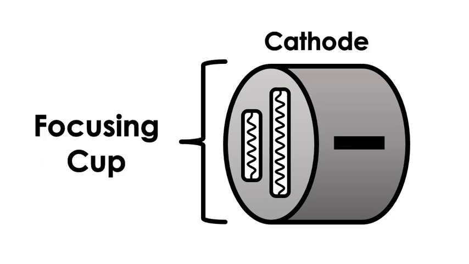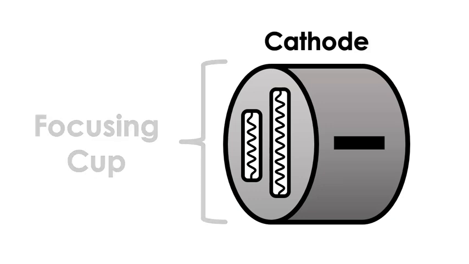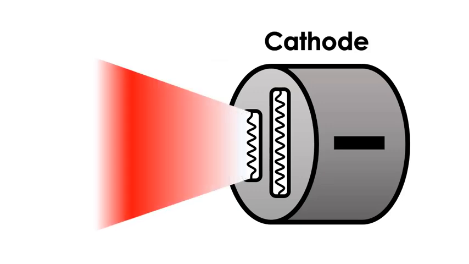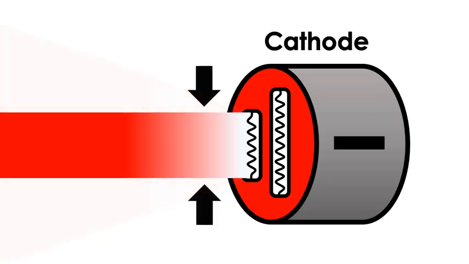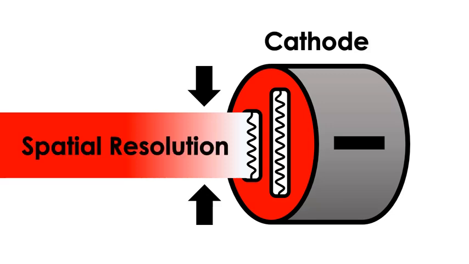These cathode filaments sit inside of what we call the focusing cup. The purpose of the focusing cup is literally to focus the electron beam. The electrons are all negatively charged, and so without the focusing cup, they would try to spread apart and repel each other in space. The focusing cup is negatively charged, and so it repels the electrons and presses them back together in a tight electron stream. Why do we care about this? Because of spatial resolution. A narrow or tightly aligned electron beam eventually becomes a well-aligned X-ray beam, and that's part of what gives us good spatial resolution or sharpness in the X-ray image.